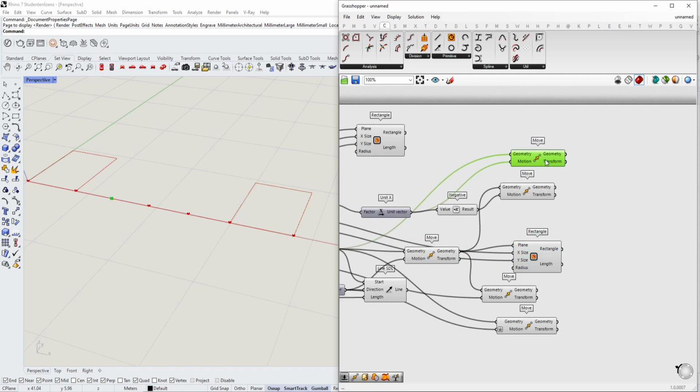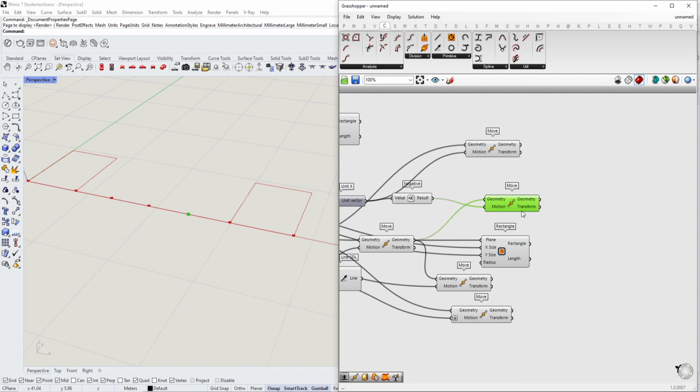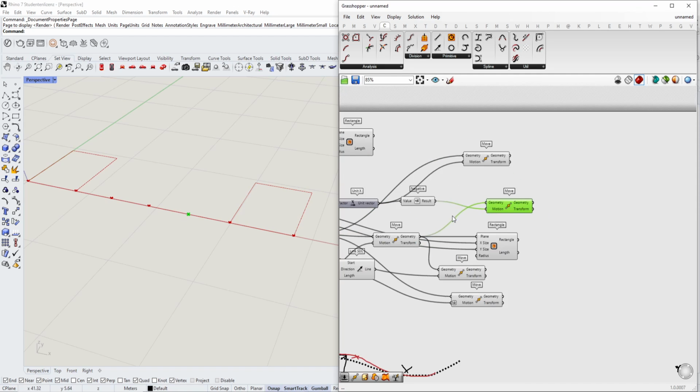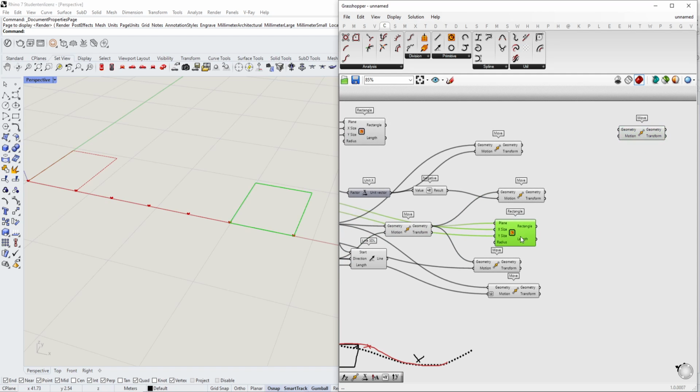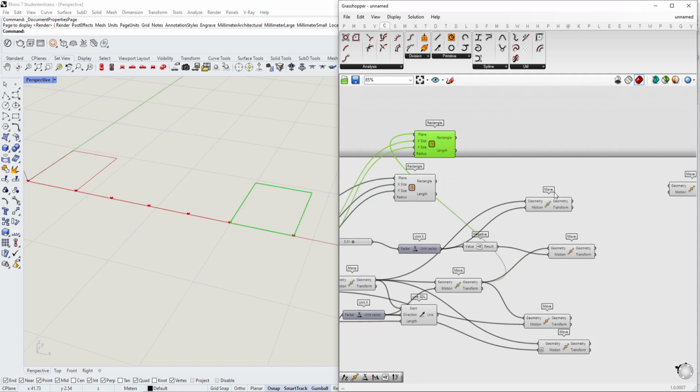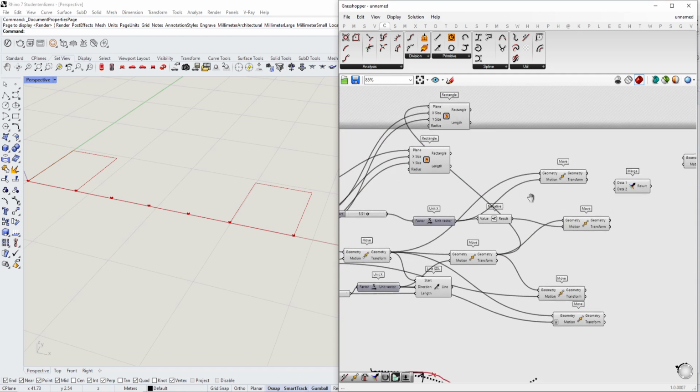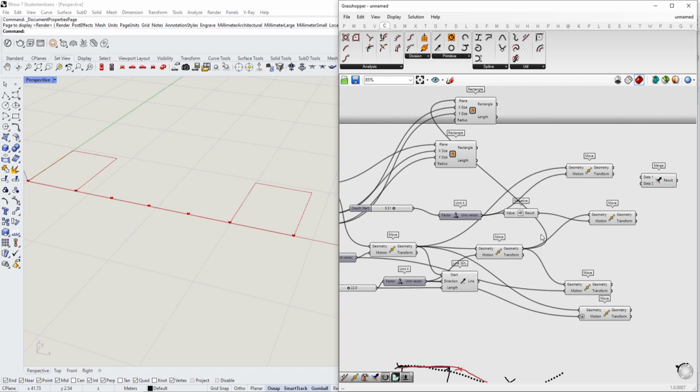Good. Now that we have that, I would like to move all those points also to the upper side over here. So we're just gonna simply use the move command. And then I would actually like to join those points all together so we have them nice and tight. So you're gonna use merge, and I would also like to